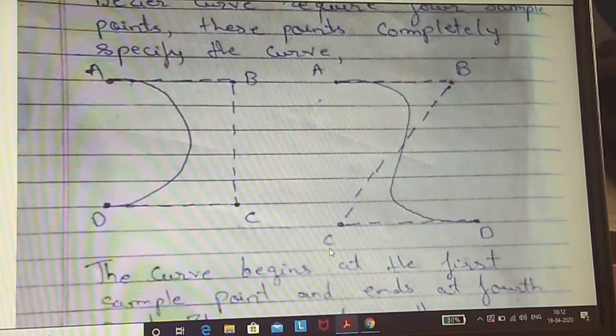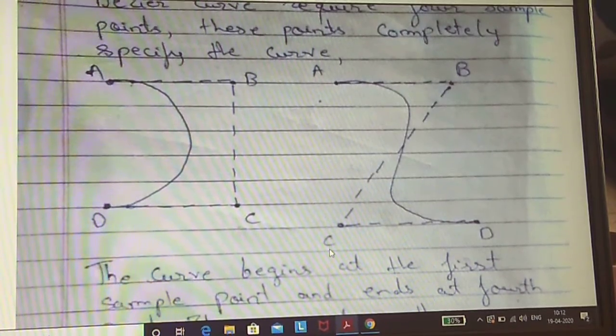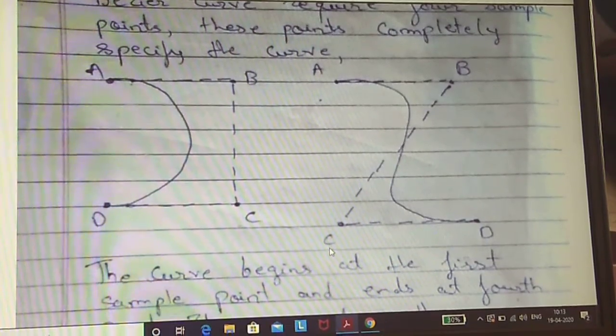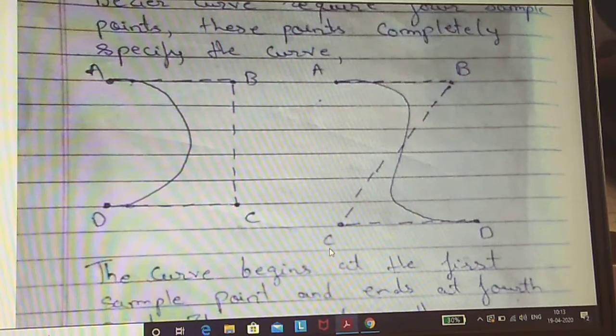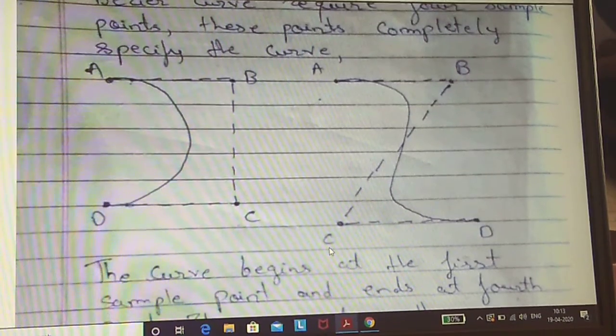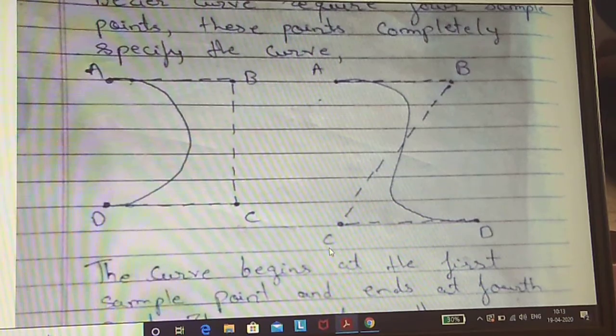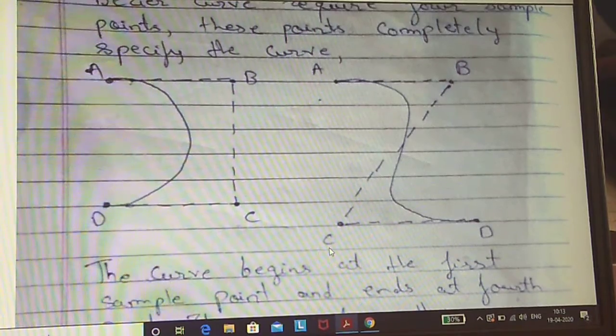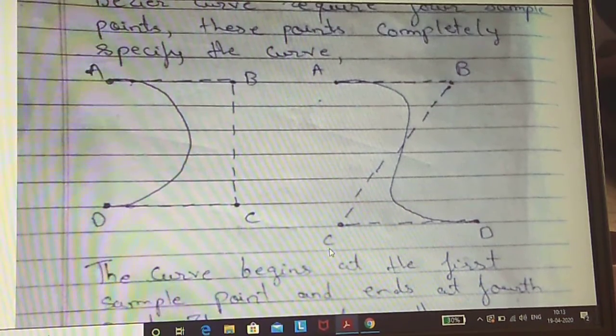But if we need 2 Bezier curves connected to each other, then it can be done with only 6 sample points. But in that case, the third and fourth point of first curve should be made same as first and second point of the second curve. Did you get it? 4 sample points for one curve, and if we want 2 curves connected, then for second curve, the third and fourth sample point of first curve will act as first and second point.